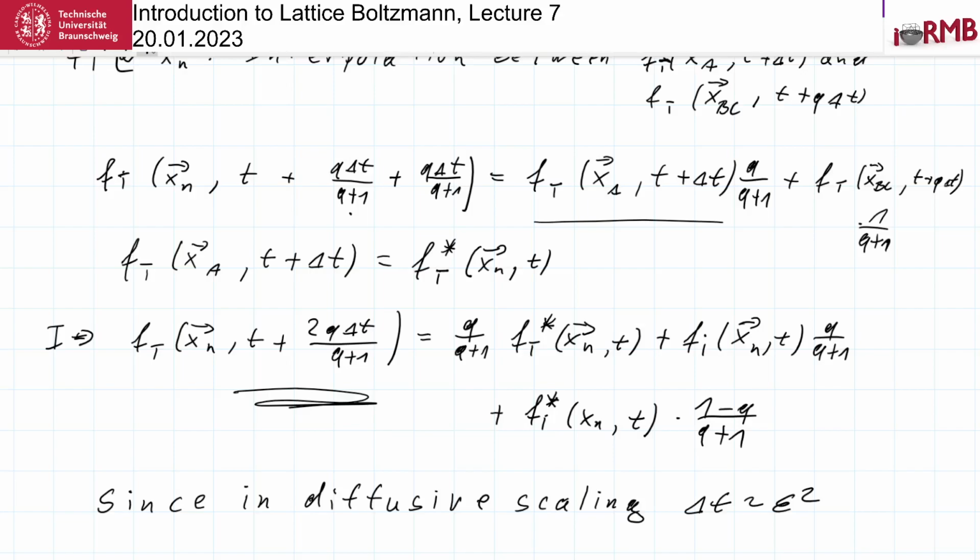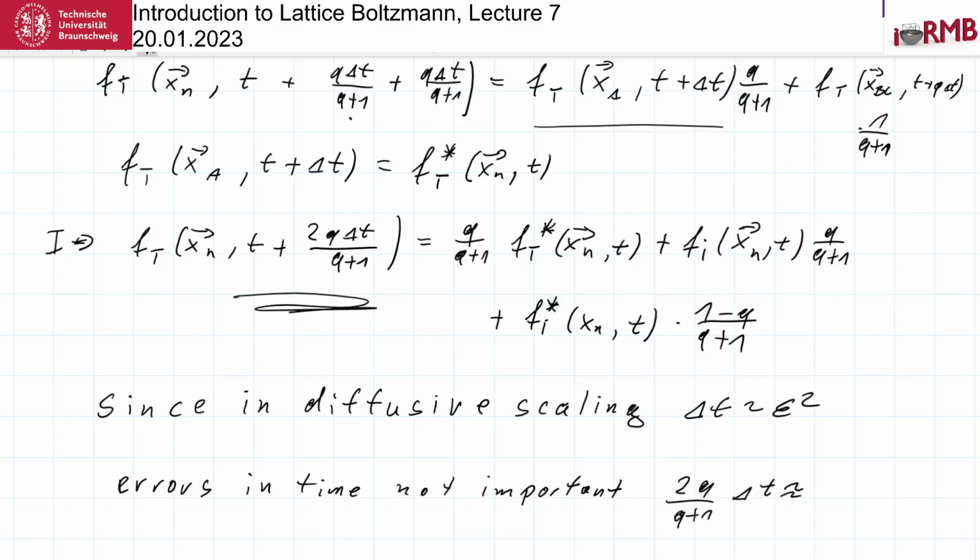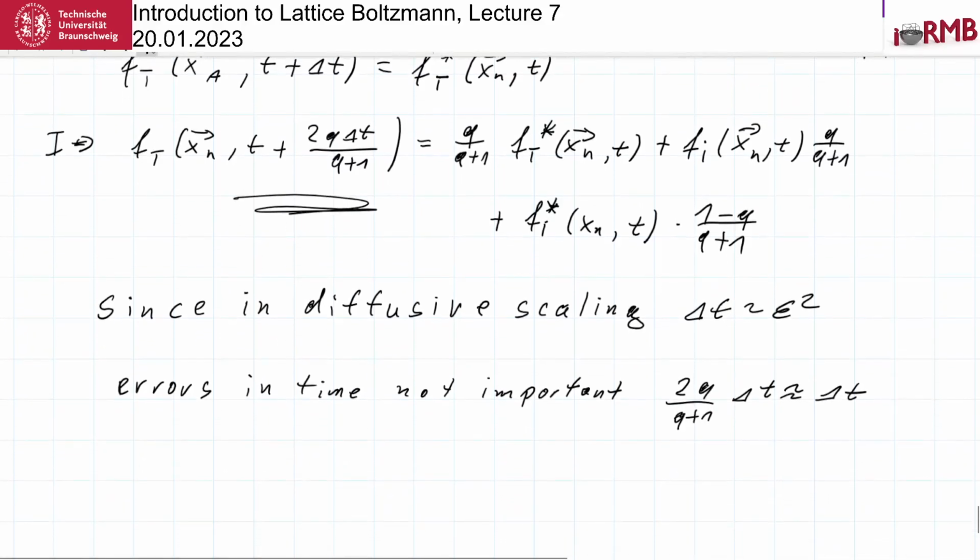Because the linear spatial interpolation is only second order consistent in delta x, this time offset is only as inaccurate as the linear interpolation anyway. So these errors in time are not important. And so 2q divided by q plus 1 delta t is close enough to delta t